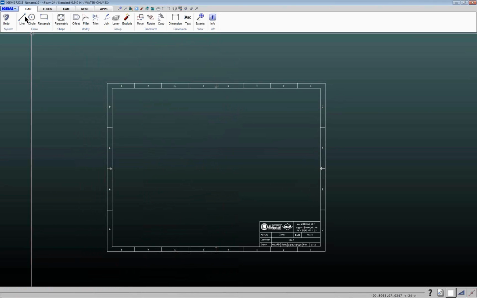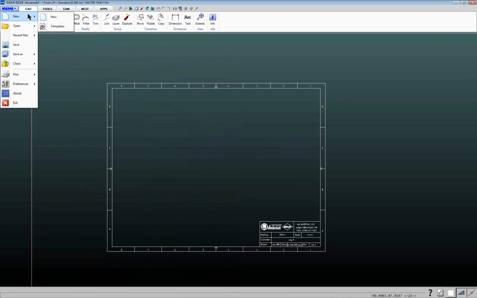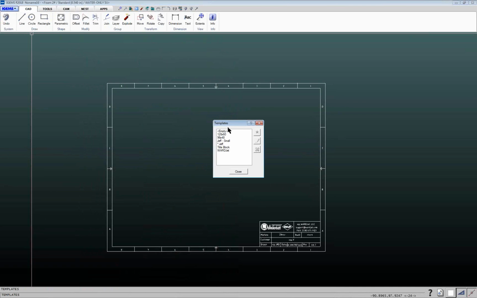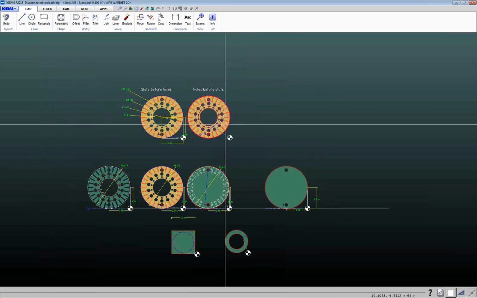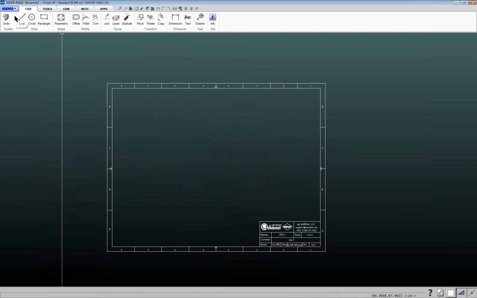All right, so that's now been saved as a template. And then if you go again up to the IGEMS menu and then New and go into Templates, it'll show you a listing of all the different templates that you've created. So if you then want to use one of these as a default, you can select it and then click on the little star button here, and then when I do a new drawing, it's going to use that as my template. So now if I go ahead and close this, and I come in here and click on New,